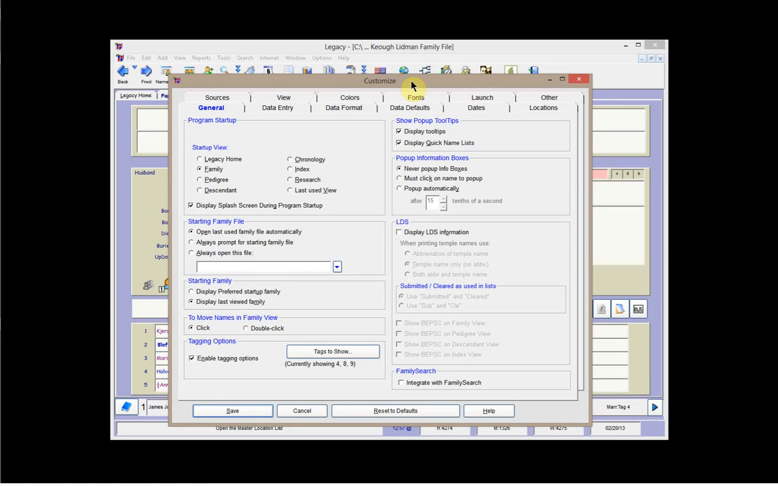And the reason that I say this, and I've pointed it out a few times in the Legacy Virtual Users Group, is you spend so much time in your Legacy program that you really should have it look and work the way that you want. Don't ever